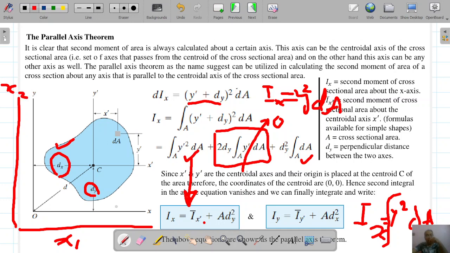Again the logic will be the same. This distance will be dy plus some other distance, which you can call dy'', whatever you want to call it. It will be this straight distance here, and you can calculate the second moment of area about this axis. You can call any axis x'', for example. However many axes there are, just apply the parallel axis theorem and solve it. You can also do it along this one, calling the new axis y''. You can calculate Iy at this y'' axis.